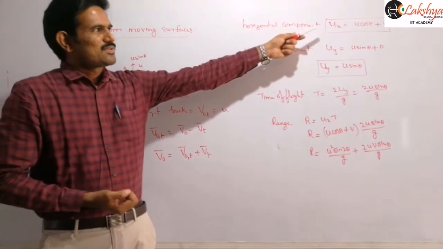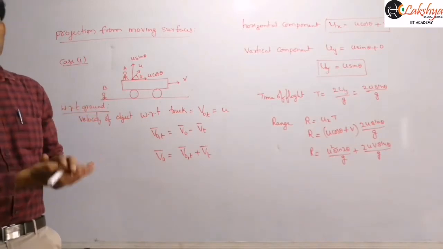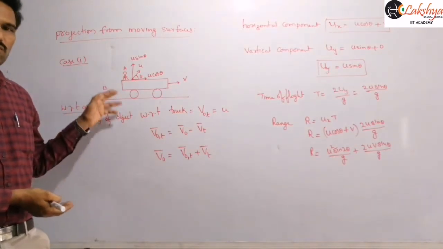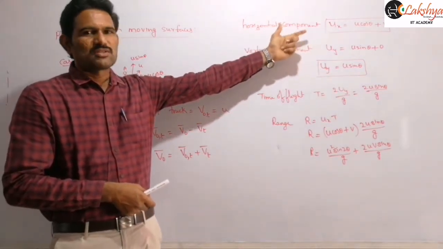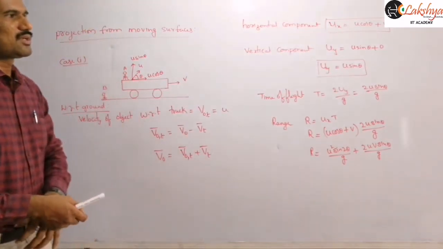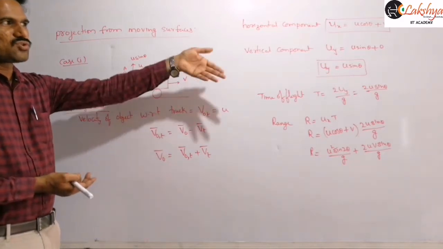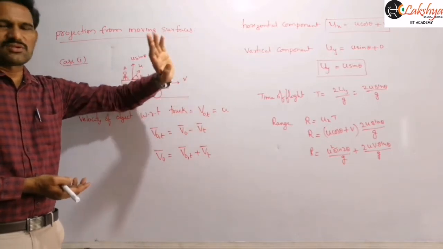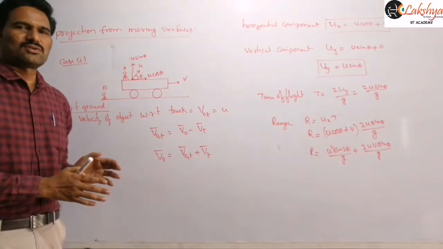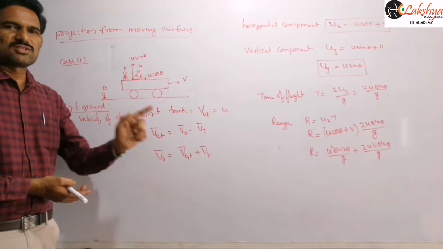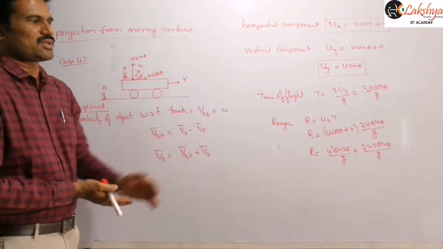Simply you can observe these components here. It is having this horizontal component and this initial vertical component. So the resultant velocity makes some angle with the horizontal. It is not equal to theta with respect to the ground, because with respect to the ground the horizontal component is not u cos theta, it is u cos theta plus v. So it makes some angle with the horizontal but not theta. If you want to find that angle, you can find the ratio of those two components with respect to the ground, u_y by u_x, and then you will get the angle made by the velocity with respect to the ground. So what you can conclude is that the path followed by the object with respect to the ground is a projectile, and so we are writing these expressions directly, because it is a projectile only.